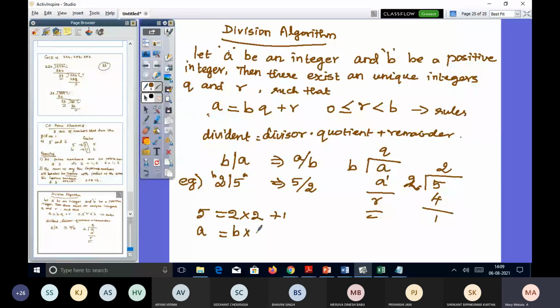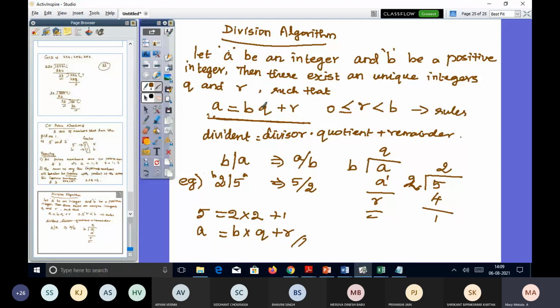into Q plus R, right? So it satisfies this division algorithm. So in such a way only we will write it. Okay, so in division algorithm you can give this particular formula. Remember this formula, A is equal to BQ plus R, and also you should know how to find out the